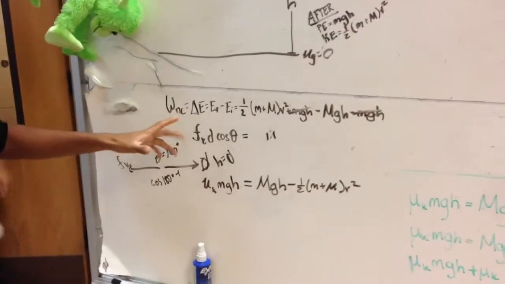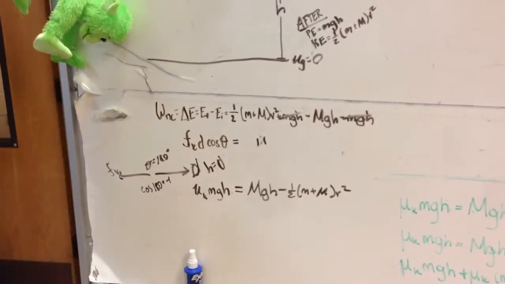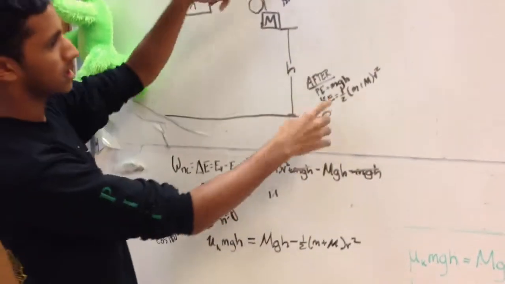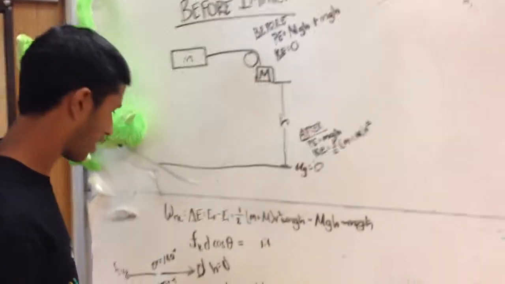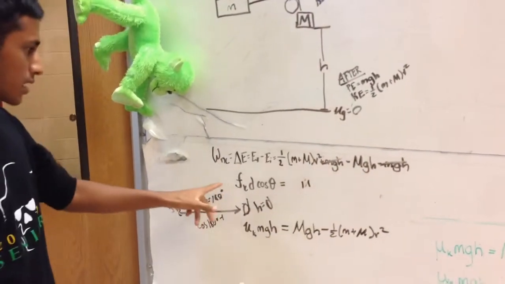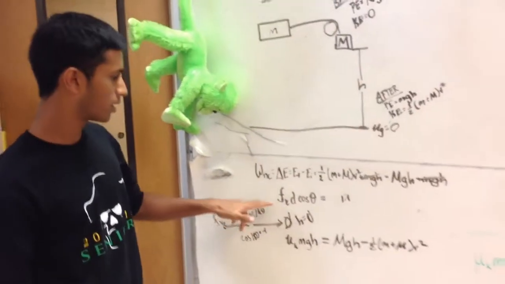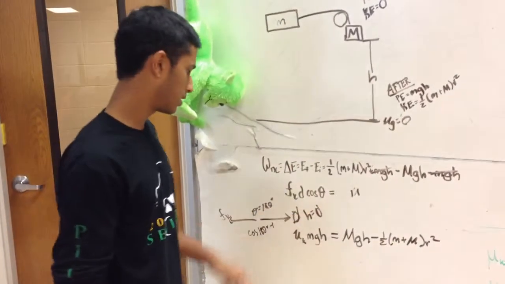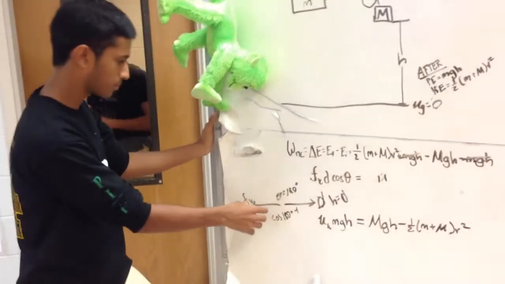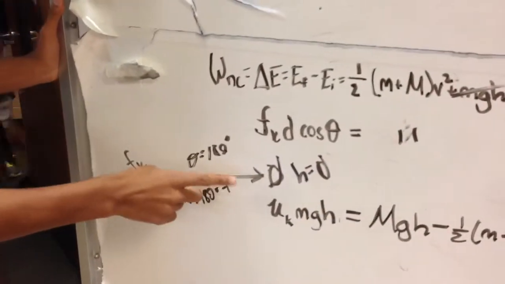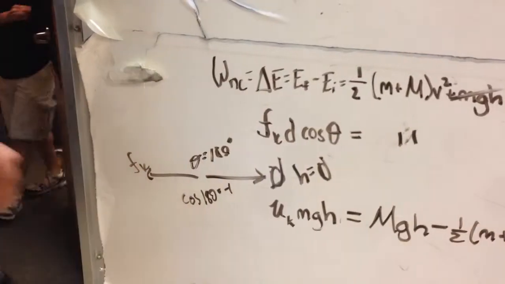So then we set up our equations. Work done by a non-conservative force is energy final minus energy initial. So we put in this for energy final, this for energy initial, and then once again, as I said, these two mgh's cancel out, and that gives us the right side equation. Then the left side of the equation is just our work formula, the force done by kinetic friction times the distance times cosine theta. So we just set up this little diagram here, and since the force done by kinetic friction is in this direction, and then the distance is in this direction, the angle between them